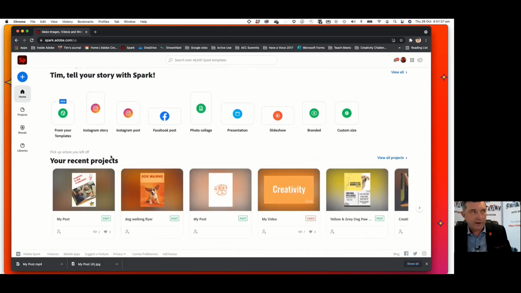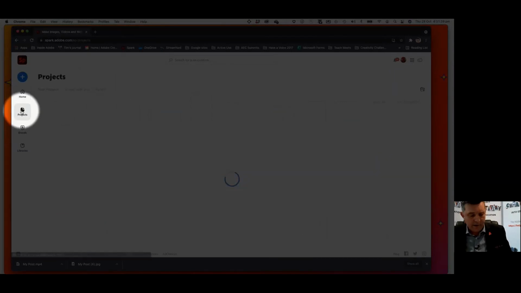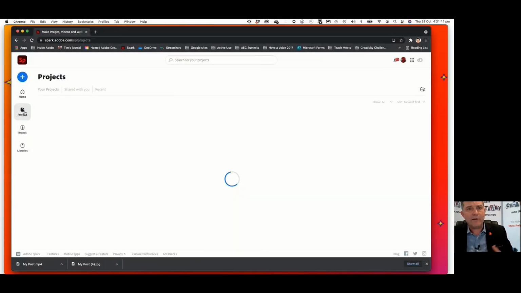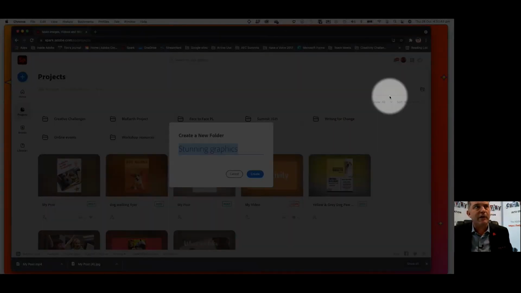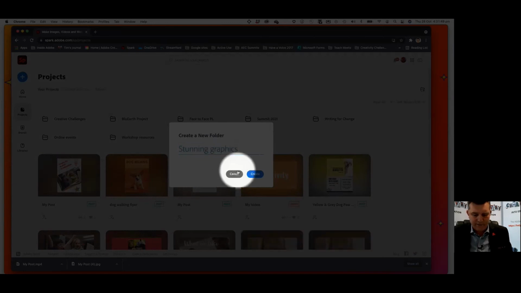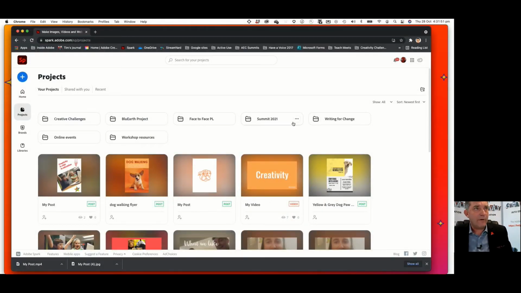In fact, if you go to this section here called Projects, you're able to organize all your projects into folders if you wanted to. And on the far right-hand side, there's a folder button. When you click on that, you can create a folder. I'll just cancel that for the moment. And you can see I've got some folders here already. And you get some analytics too. So for example, if I go to my